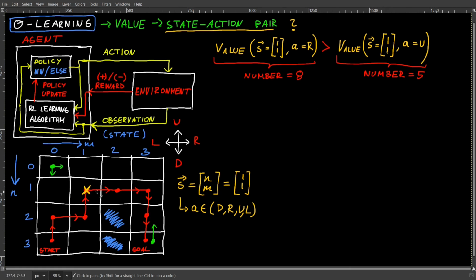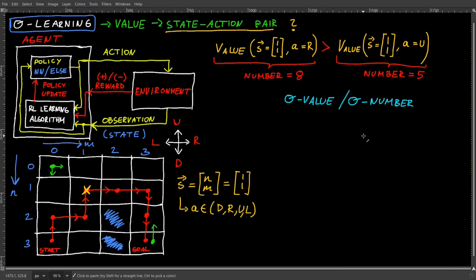then that means that when you're in the cell 1, 1, this is how you numerically indicate to the agent that from that cell it's more beneficial to go to the right compared to going up. Practically, it means that when you go to the right from that cell, you will reach the goal cell with fewer steps. The number that we use for giving a value to state action pairs is called a Q value